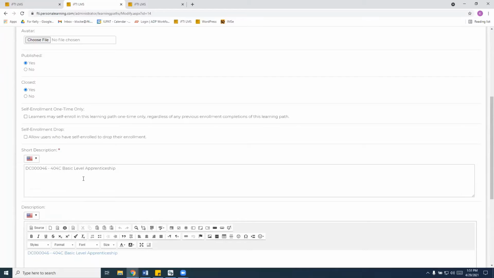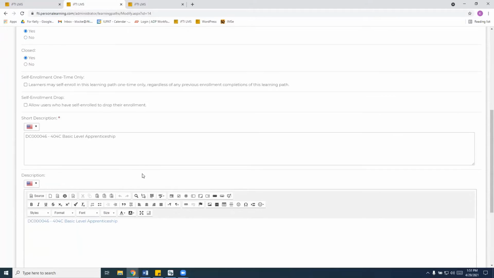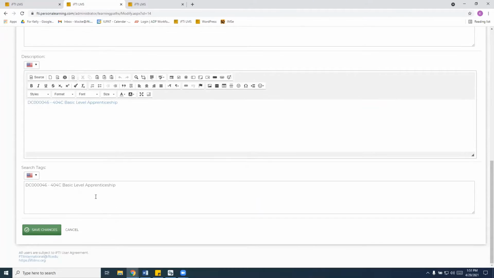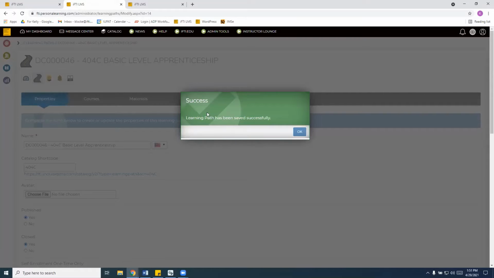You can enter the short description, the group name or the learning path name, description as well, and then search tag. Search tag is good if somebody is searching for a specific learning path or course. You can enter that here. You would save changes. Once you see this pop up, your change has been successfully saved.